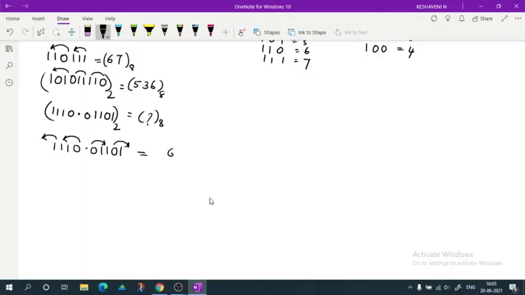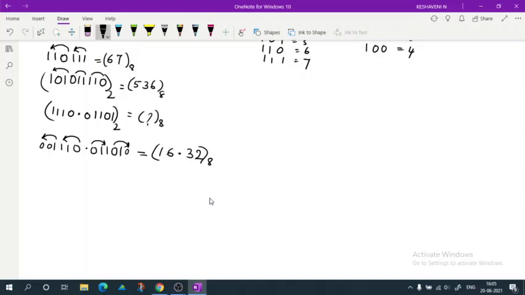Now this can be written as 110 is 6. Before this, nothing is there, which indicates 0, so you have to consider this as 0. So 001 is 1. Next, for the point you have to put the point. Now after it, 011 is 3. Then 01, nothing is there, which indicates 0, therefore 010, and 010 is 2. So this is the conversion of binary to octal with fraction point as well as without fraction point.